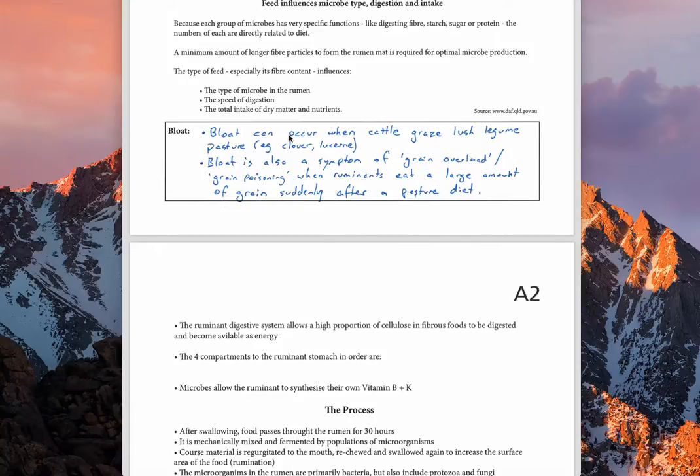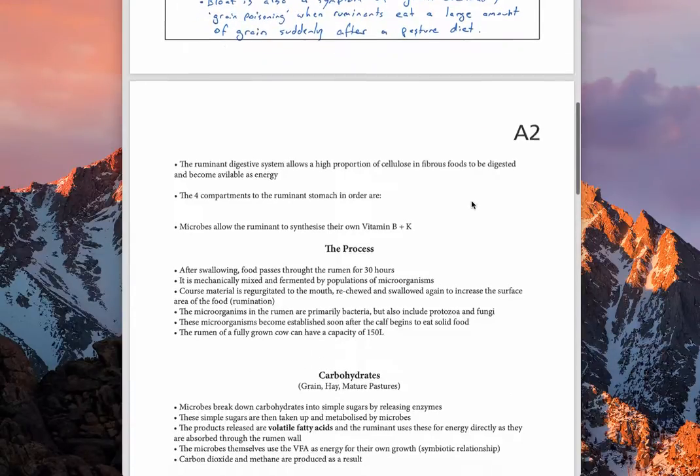Bloat can also occur when a cow suddenly grazes lush legume pasture, such as clover and lucerne. Bloat is where the stomach, the digestive system, expands due to excessive gas, and that's often one of the symptoms of grain poisoning, when they're given a large amount of grain suddenly after being on a pasture diet. So we look at this later, but you need to change their diet from pasture or grass to grain rather